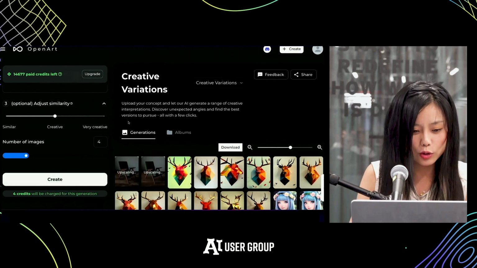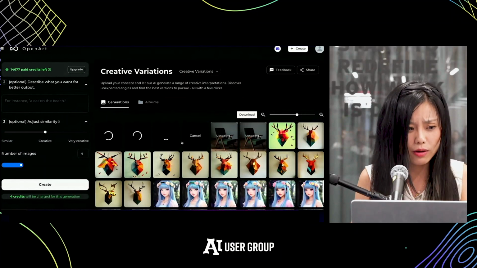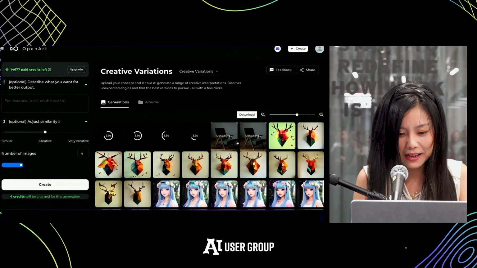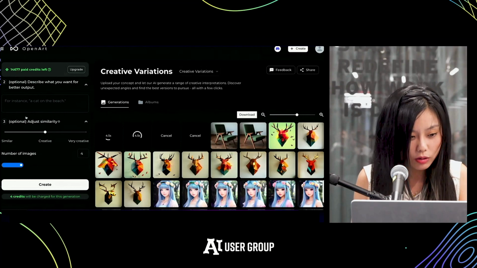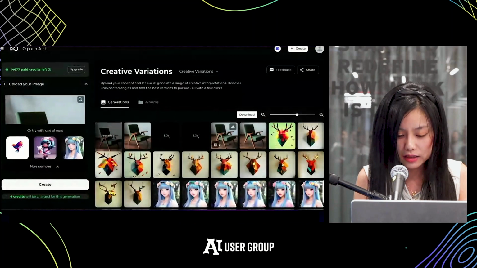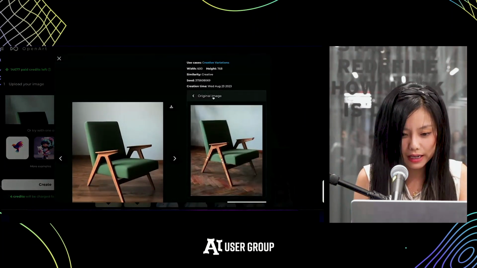Because you always have clients that need hundreds of variations to pick from. So I'll show you the original chair. It looks something like this.